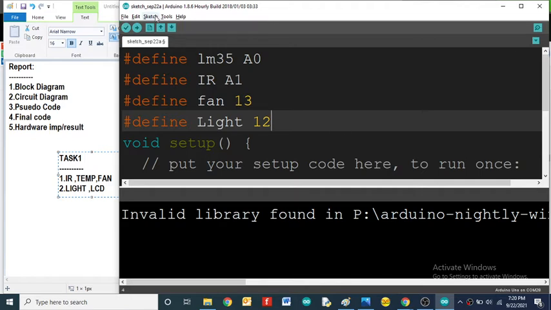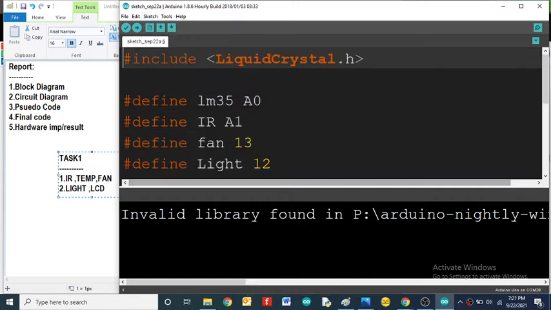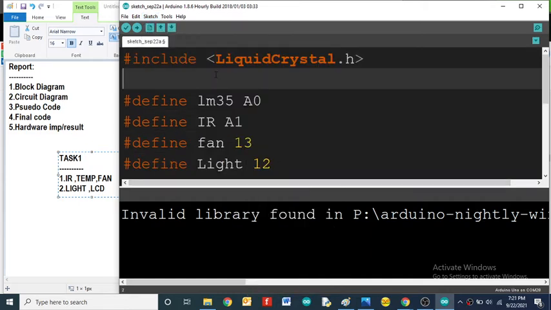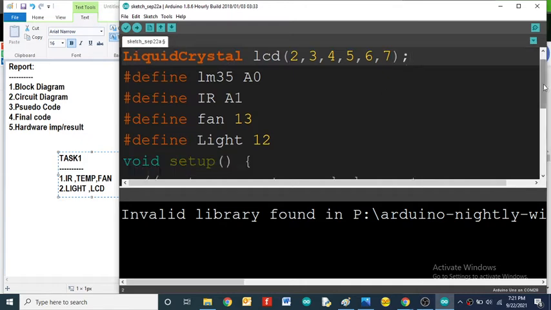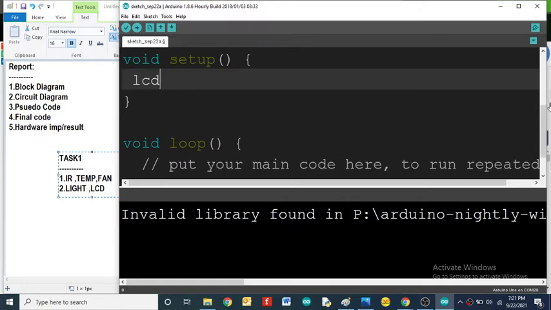And we have LCD, so that's why I'm including the LCD library, and I will define the pins for that. LCD 2 3 4 5 6 7. Then go for the initialization, or setup mode. LCD dot begin 16,2.